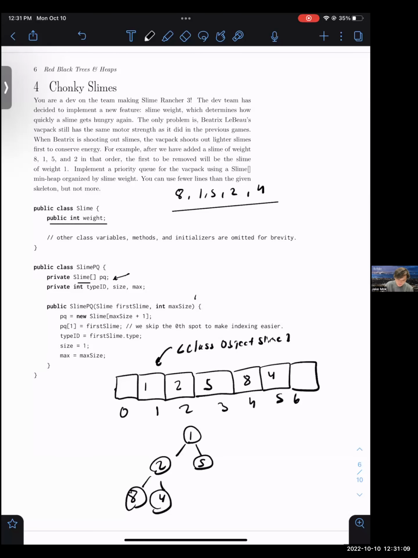All right, so this is going to be question 4, Chonky Slimes. Basically, the question asks: you are a dev on a team making Slime Rancher 3, and we're implementing a new feature, slime weight, which determines how quickly the slime gets hungry again. And you're faced with this problem